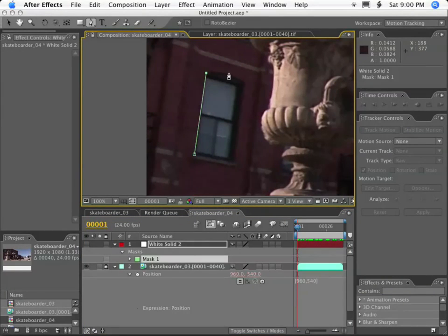You click to create the mask like this. As soon as you close the mask, hit Shift Option M, and that sets a keyframe. That's a really good habit to get into. If you do that, as soon as you close a mask, if you hit Shift Option M, that's Shift Alt M on a PC, then you're going to end up with a keyframe on your rotoshape, so it's ready. So it's going to change over time. If I go to the end here,